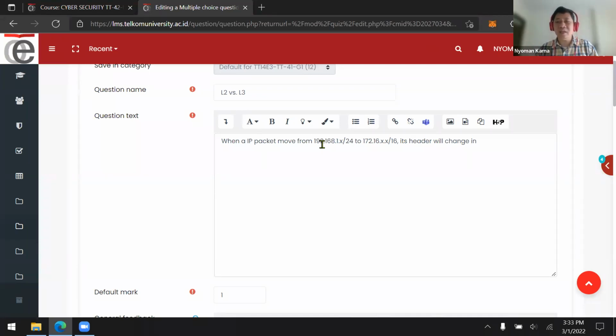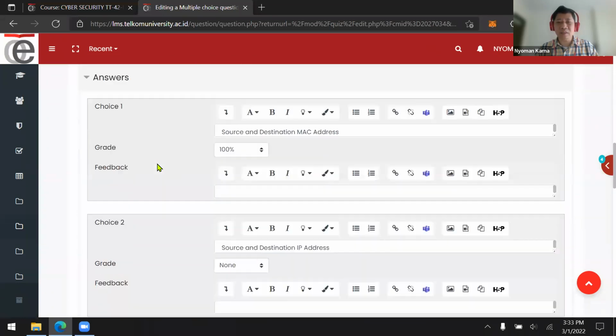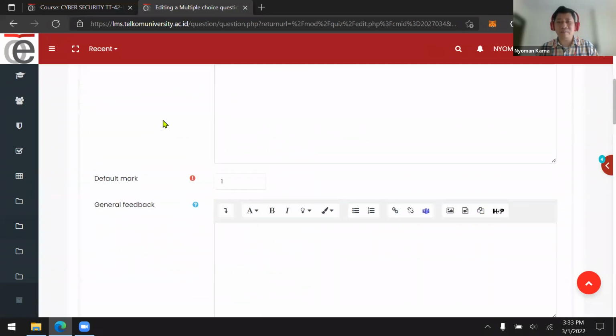Its header will change in... Remember, if you move an IP packet from one subnet to another subnet, it will change the layer 2 header. The source and destination MAC address will change, and the source and destination IP address is still the same. So the answer is that the source and destination MAC address will change.